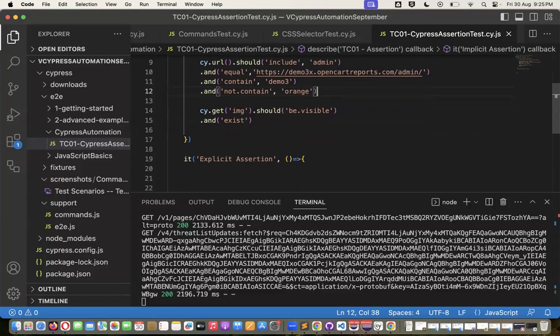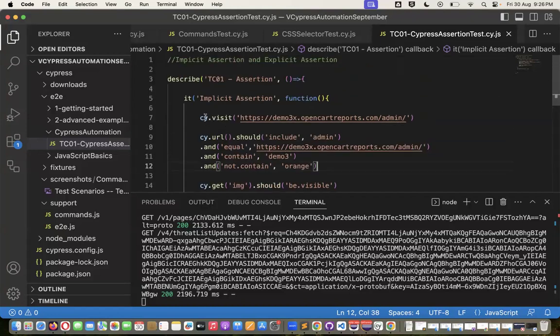Perfect. So why do we use assertion? Because of cy.visit and entering the URL, the page redirects to the appropriate site. So an assertion is basically a checkpoint. As a QA, we need to validate whether the steps which we are performing are correct or not. Sometimes what happens, you have written cy.visit, but if it is, I hope everyone understands what is